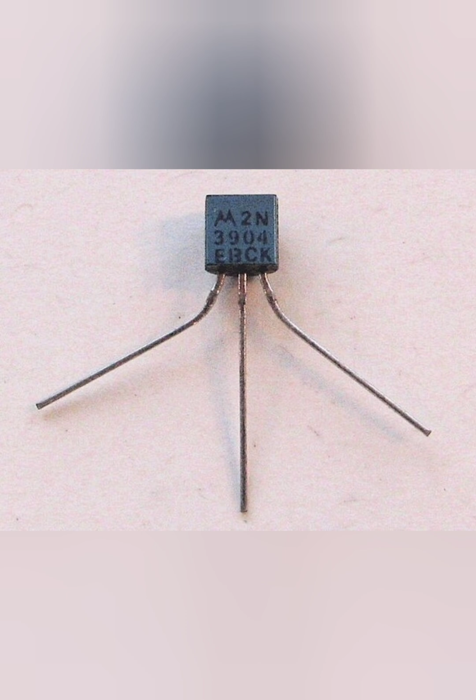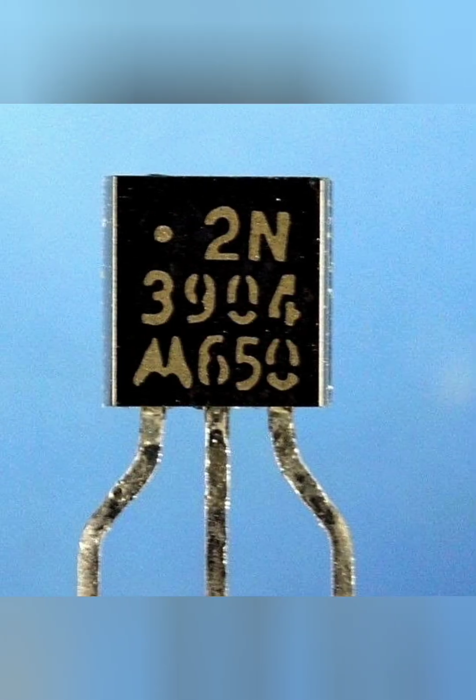The 2N3904 has legendary status among electronics enthusiasts, engineers, and even students. It's a Hello World component for electronics. Just like Hello World is often the first program in coding, the 2N3904 is one of the first transistors that beginners learn to use. It's cheap, widely available, and forgiving for experimentation, making it perfect for learning about transistor switching,